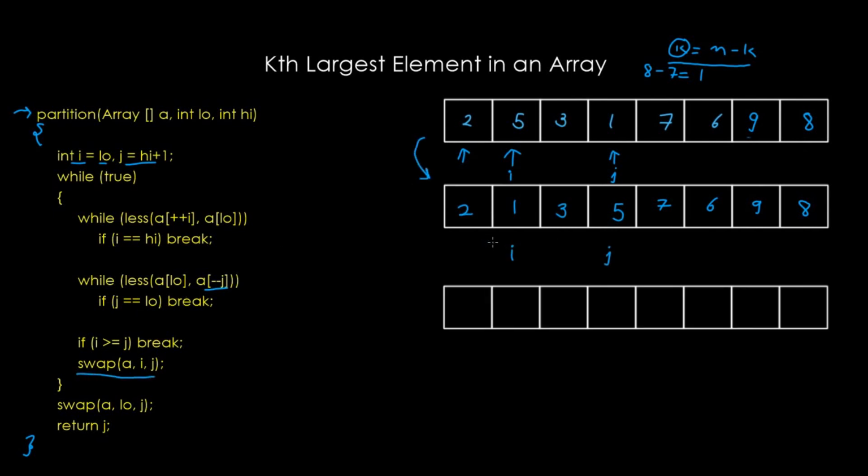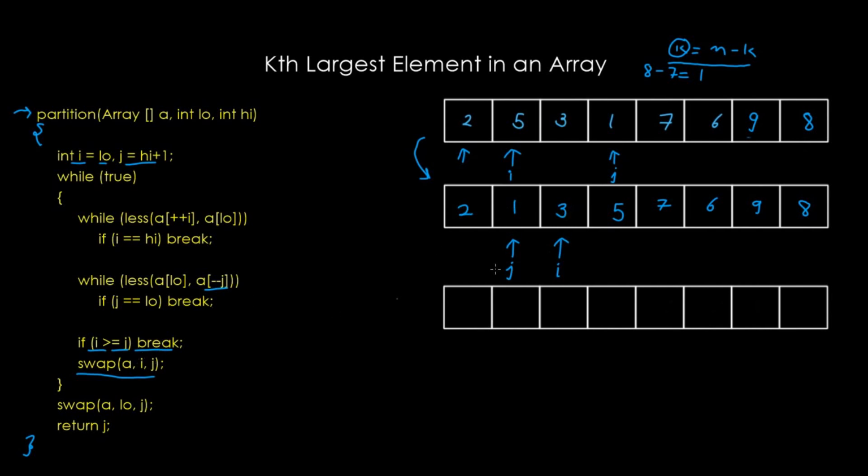Now after swapping these elements, we can see that this value is now smaller than 2. Therefore we move forward and now i is here and this element is greater than the pivot. Therefore we stop increasing the value of i here. We decrease the value of j until we find an element which is lower than our pivot element, which is 2, and now this is where j belongs. Now the value of i is greater than j, therefore we break. And the idea is very simple: if we swap these elements now, then there is a smaller element on the right and a greater element on the left, which is not something we want to do.